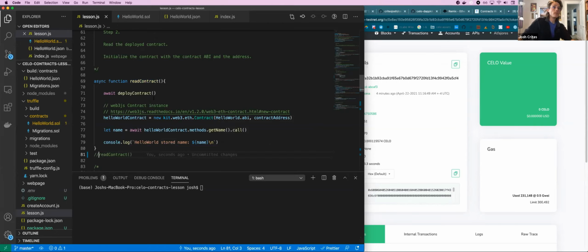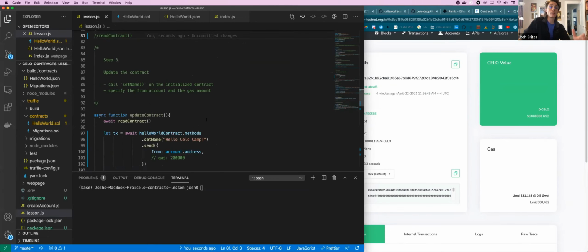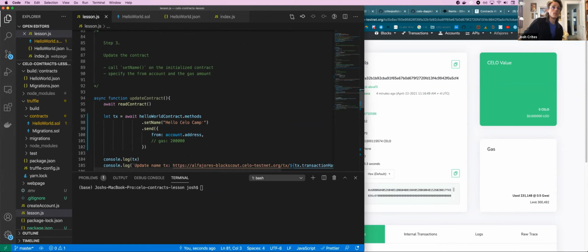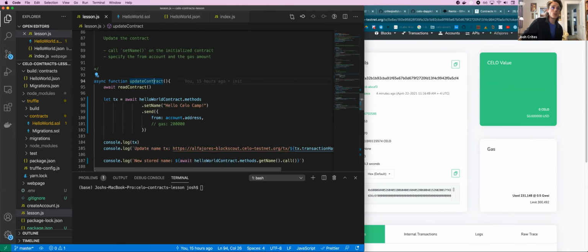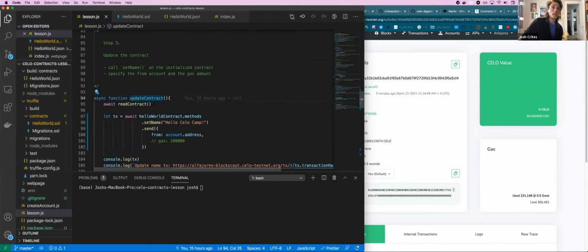So the next step after we read the contract, we're going to want to be able to update the state of the contract. So we show how to do that in the update contract function. The top of this is just calling the read contract. So we are going to deploy a new contract, read the state, should print Celo, and then we're going to